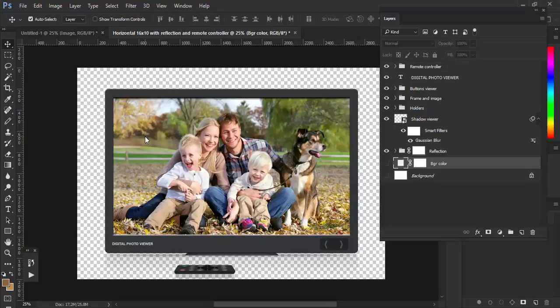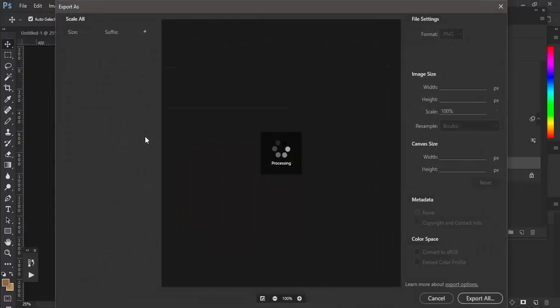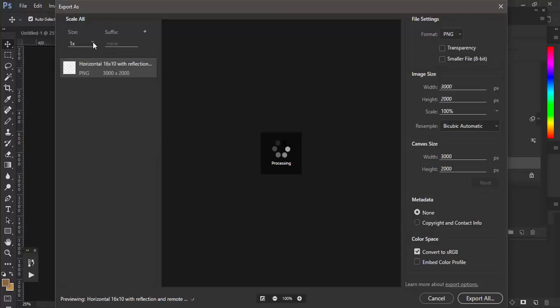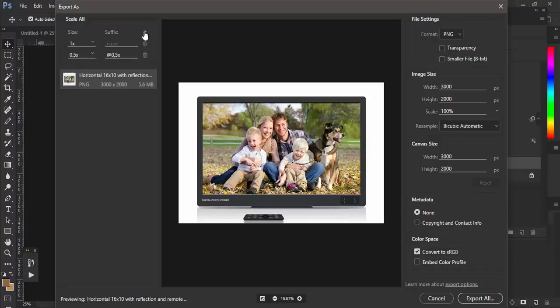And in Export As dialog, you will have a chance to scale this composition, or you can create multiple versions if you want to use this composition, for example, in your web page, and then you want to generate a couple of different sizes, like for retina display.